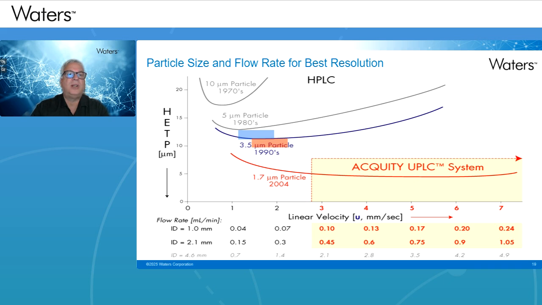Same thing for the 5 micron. Probably the best you can get with a 5 micron will be running at 0.7 mL per minute, but then most people will go at 1 mL per minute. They will sacrifice the resolution. They won't get as much resolution, but it's not a big loss. Same thing for the 3.5. We need to go faster, and with a 2.5 faster, and with a 1.7 we need to go faster. If I don't go as fast, for example, if I decide to go at that flow rate, I will not get the optimum resolution power that particle can give me.